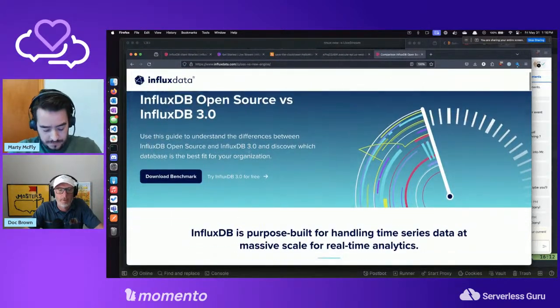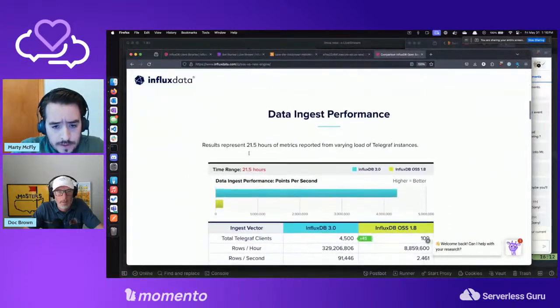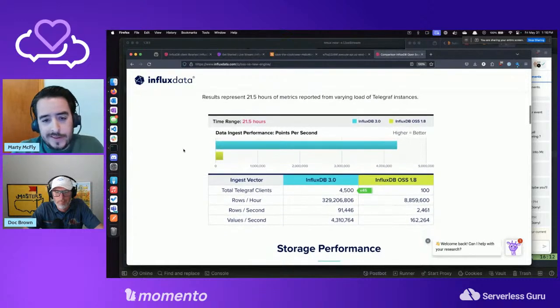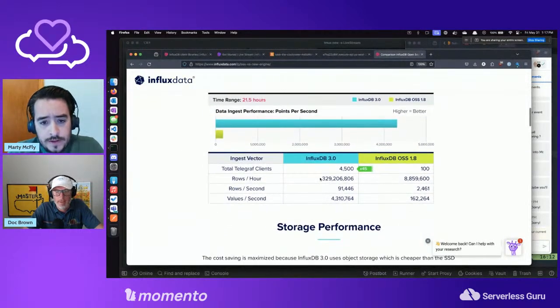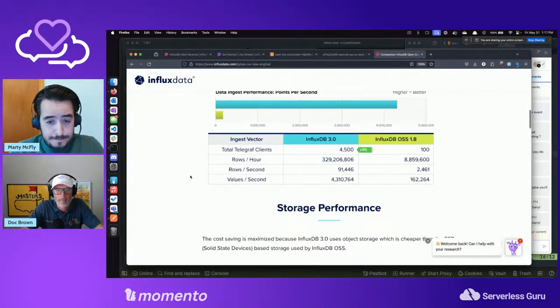They have an open source version, which makes a ton of sense. Data ingest performance. Okay, this is just on their versions. Yeah. That's pretty crazy. That's a lot of rows per hour. That's more rows than I ingest an hour. It's a lot of rows per second.